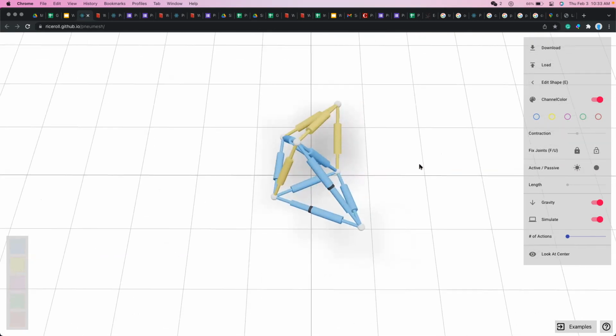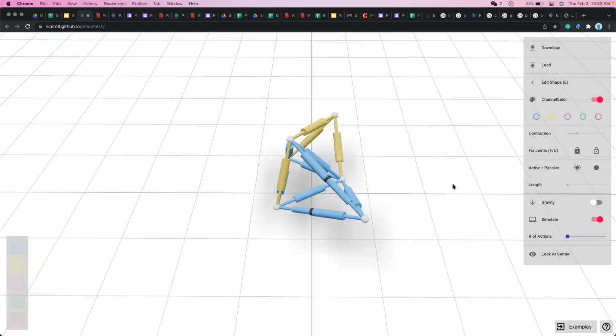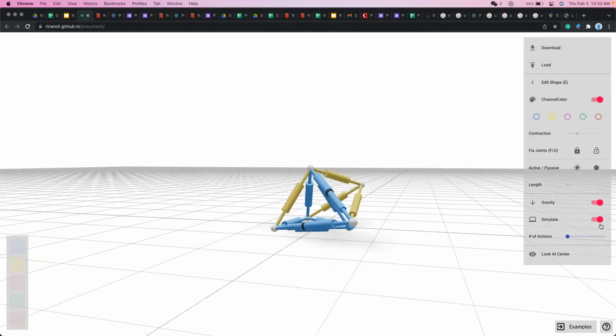Okay, and another thing here is if you don't want gravity for your application, like if you're designing a fish in the water, you don't want too much gravity, you can switch this off so it will be floating. And you can pause it by clicking simulate, and you can